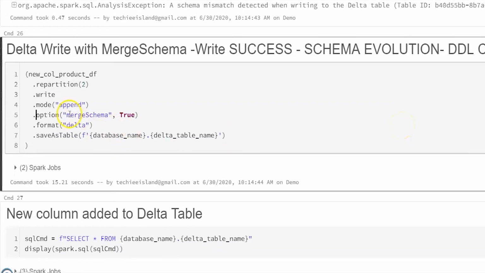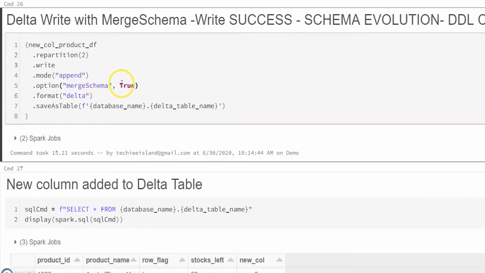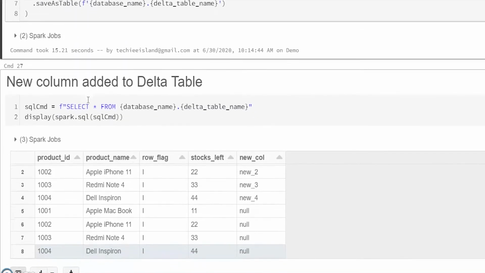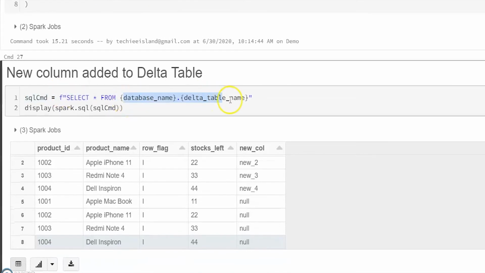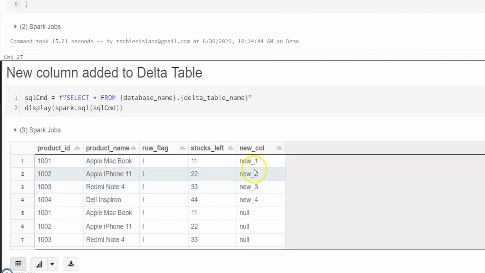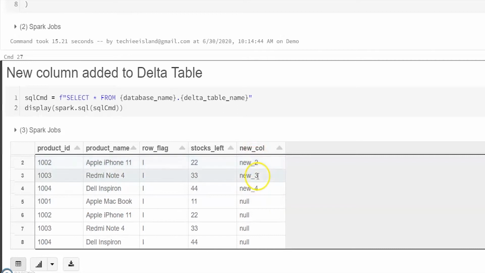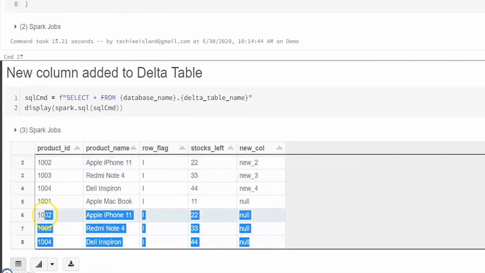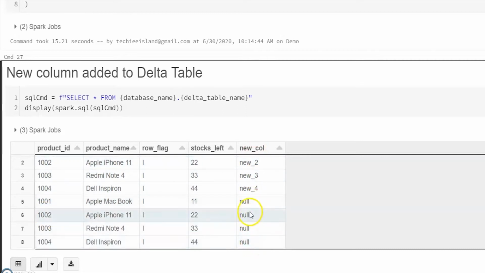So once you enable merge schema as true, you can expect this column will be added for this current write, and all the previous values of that particular column will be null. As expected, when you select the Delta table, you can see the new column which you added in this current data frame, and for the previous data already present in Delta Lake, it is populated as null, which is expected.